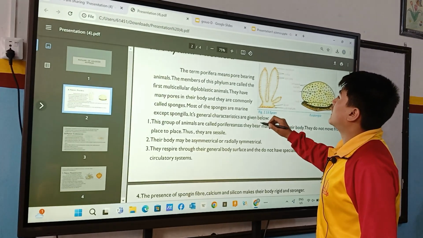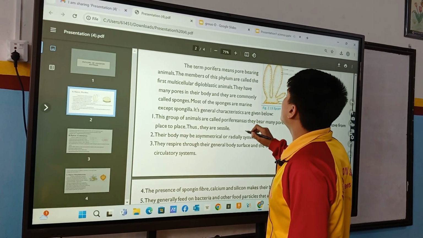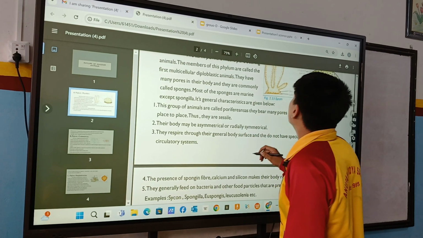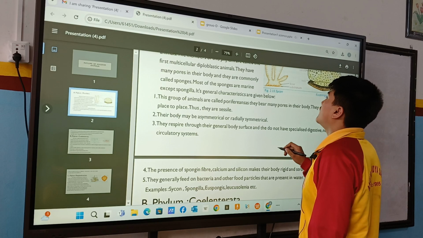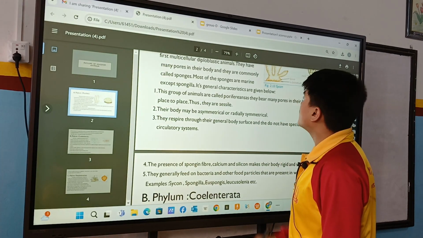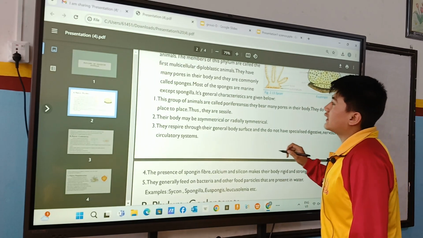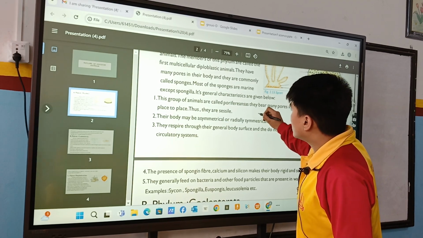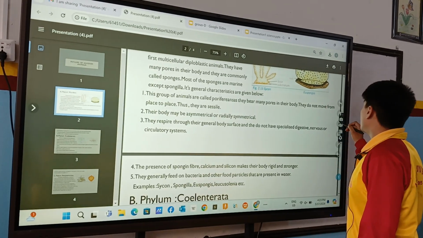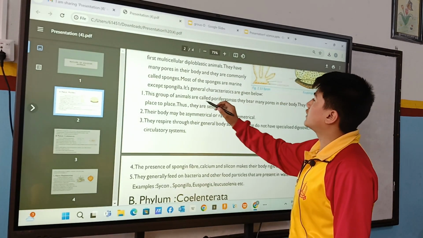Porifera. The term Porifera means pore-bearing animals. The members of this phylum are called the first multicellular animals. They have many pores in their body, and they are commonly called sponges. Most of the sponges are marine. Its general characters are given below. For example, the example of Porifera is Scypha and so on. And their characteristics are